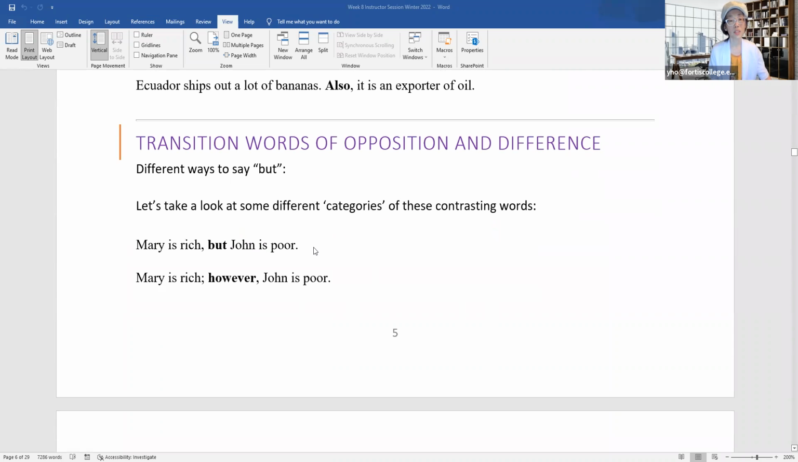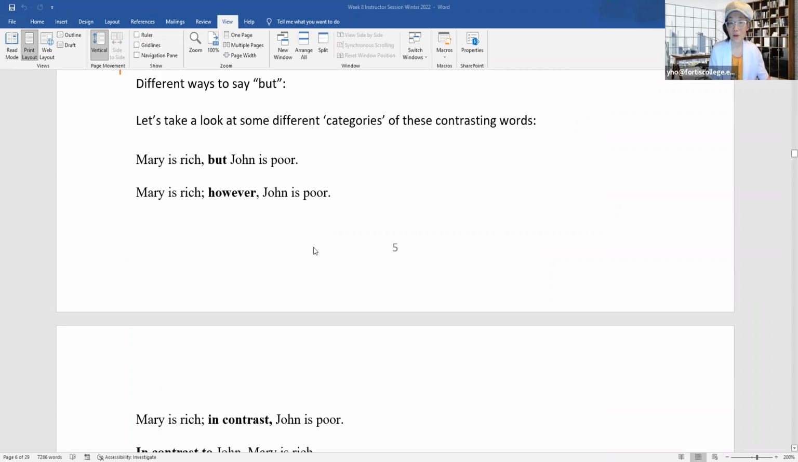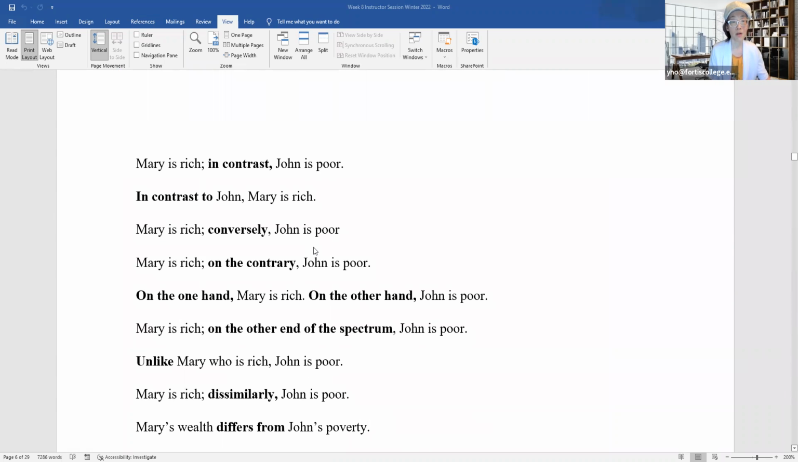So, different ways of saying but. I just went over this, so here we get to review it again. Mary is rich, but John is poor. Mary is rich, however, John is poor. Mary is rich, in contrast, John is poor. In contrast to John, Mary is rich. Mary is rich, conversely, John is poor. Mary is rich, on the contrary, John is poor. On the one hand, Mary is rich, on the other hand, John is poor. Mary is rich, but on the other end of the spectrum,